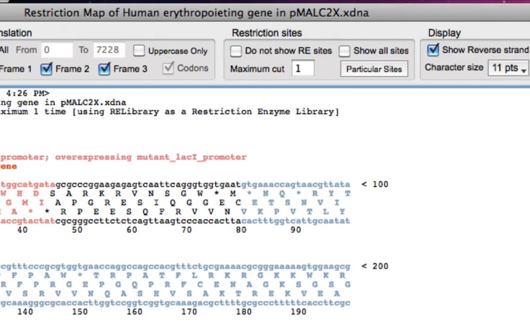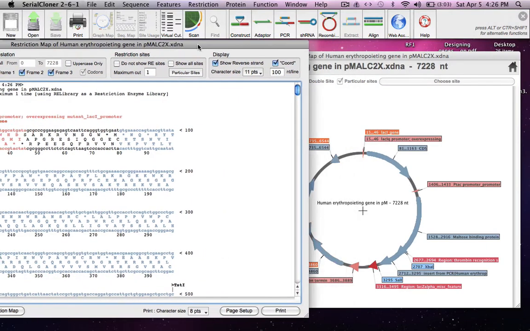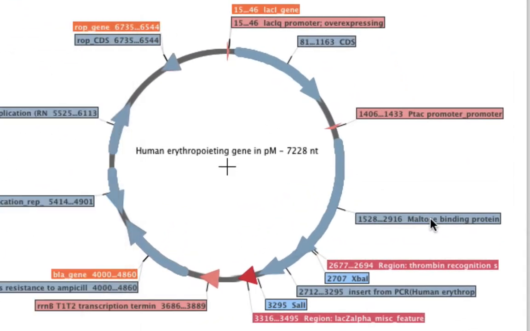We are interested in translation because once the protein is created in fusion form, with erythropoietin fused with maltose binding protein, both genes should be in the same reading frame.